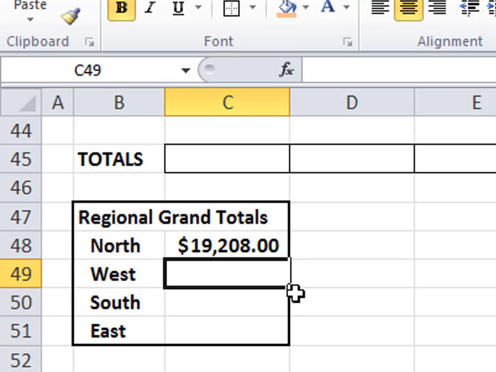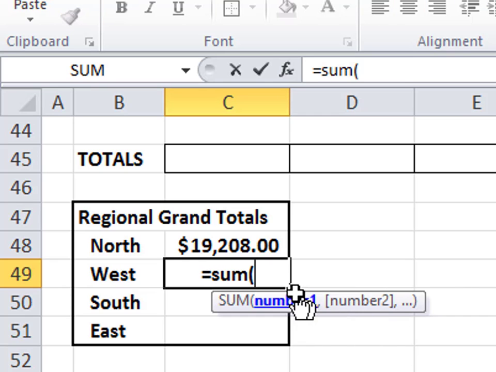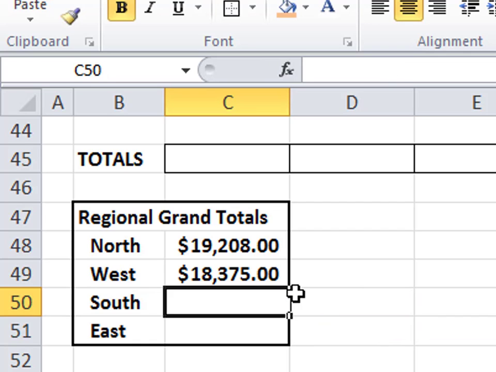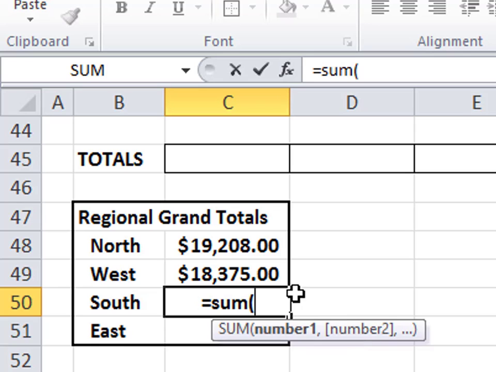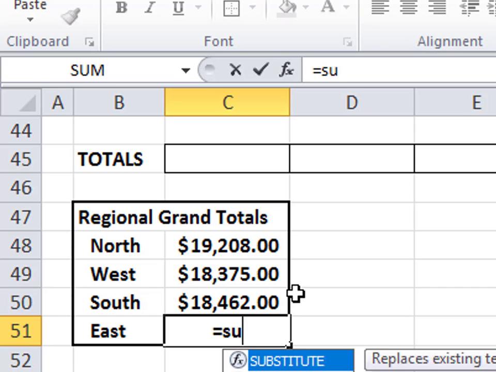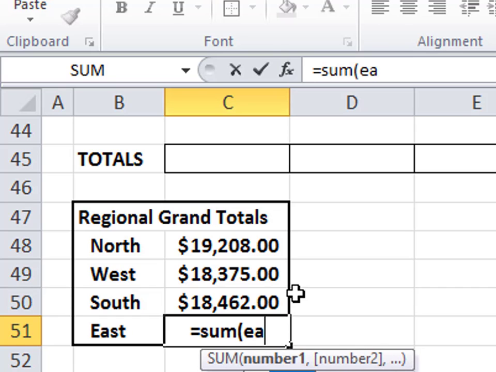Let's try west. Sometimes you don't have to double click. If you want to type in the whole thing, that is acceptable. For west equals sum paren west. Enter. I'll do the same thing for south and the same thing for east. Equal the sum of south, enter, equal the sum of east,